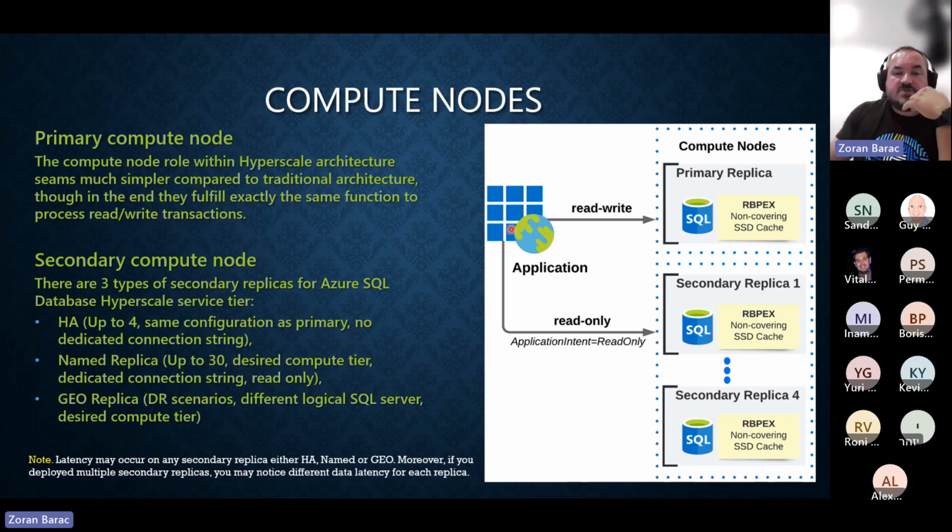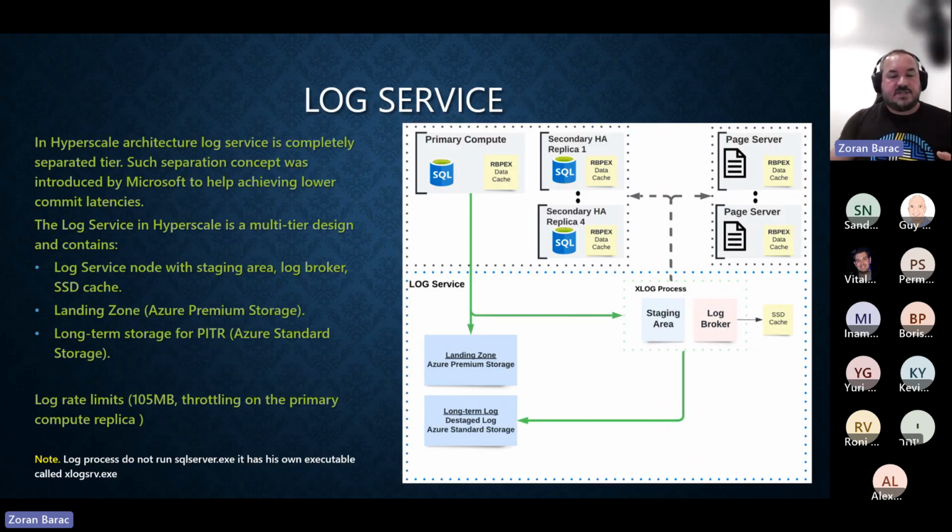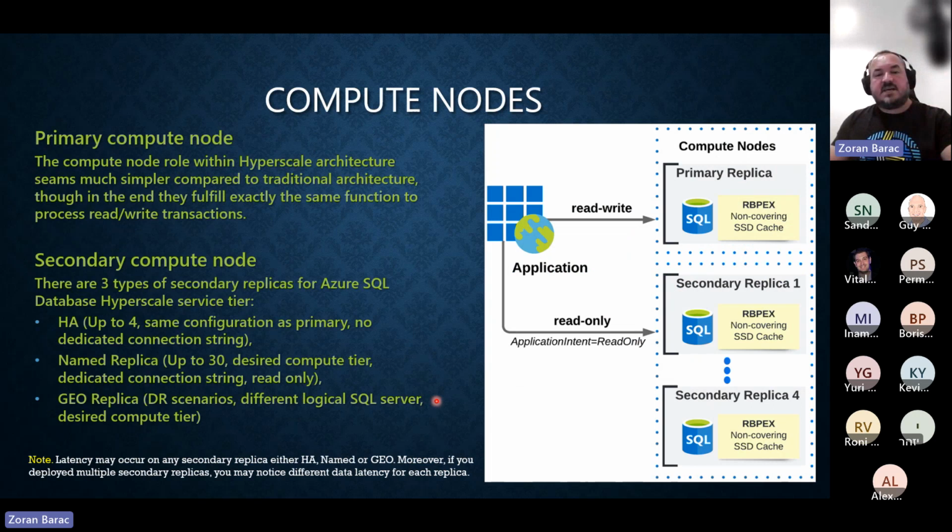So once you deploy, all the traffic, read write or read only, depends: if it's read only, it's going to go to the secondary. If you put application intent read only, it's going to redirect you to the secondary. Otherwise, it's going to go to the primary. The primary has a resilient buffer pool extension, which is a non-covering cache. It's an SSD drive in the back. It has the buffer pool there as well. A non-covering cache is basically just those pages you have used recently or used a lot that are cached there. And if there is a request from the application and that page is not there, it's going to be added. I'm going to explain later on how it's going to be added.